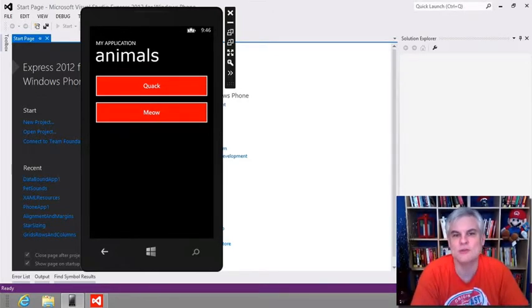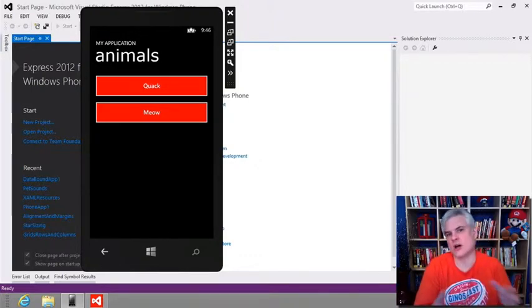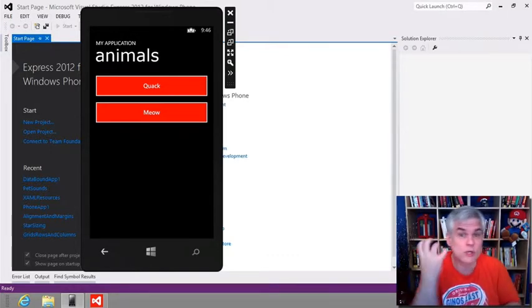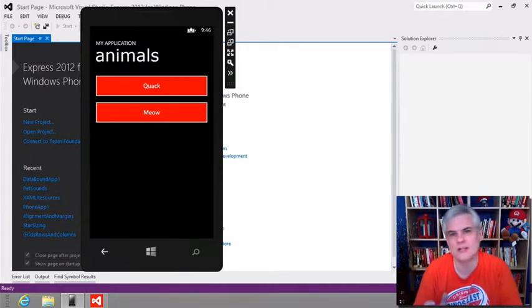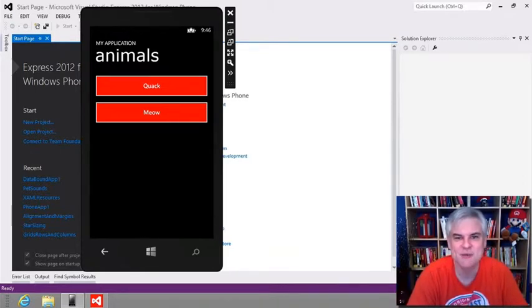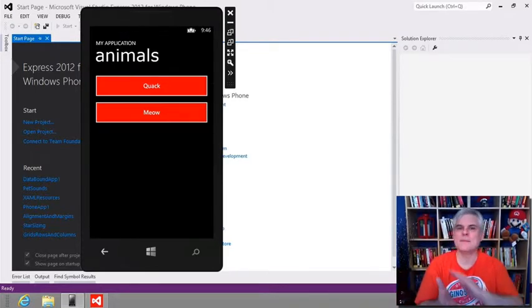What I'd like to do is to turn this into a more full-fledged soundboard app with multiple categories of sounds. Not just animals, but taunts and warnings and all kinds of different types of sounds. And maybe even a custom category where we can record our own sounds into the phone and then have them available for playback whenever we wanted to annoy our friends or our cube mates. Okay? So we need a good way to represent multiple categories of sounds,